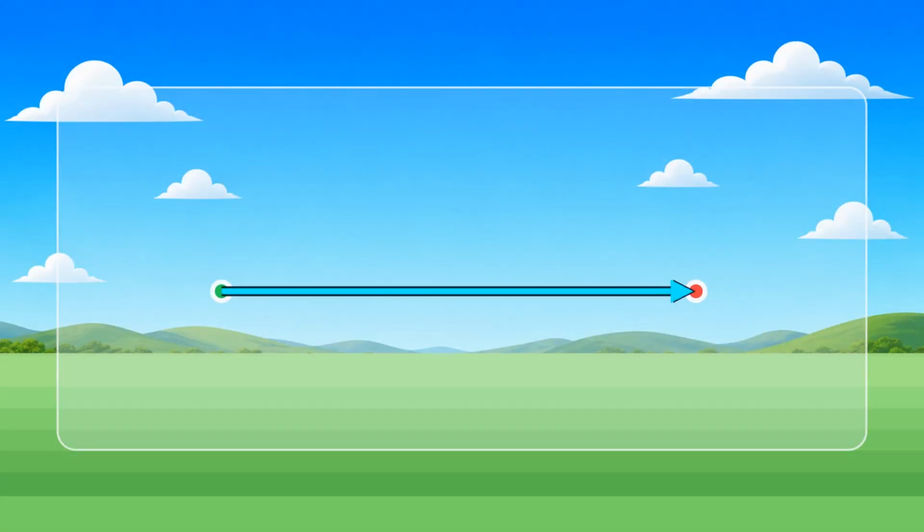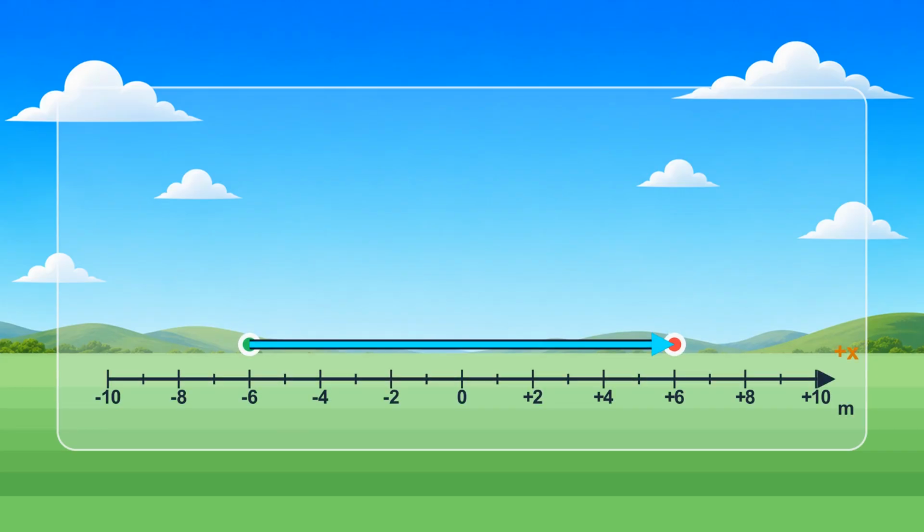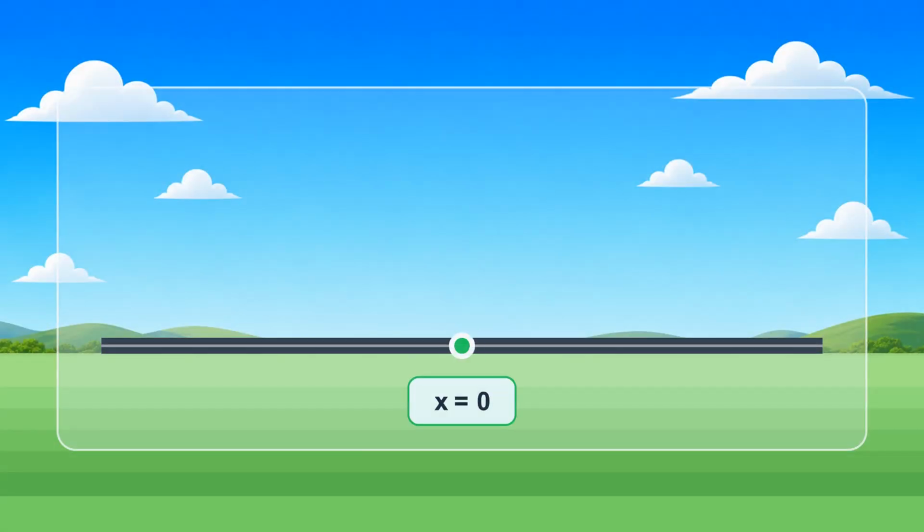Until now, we pictured displacement as one arrow from the initial position to the final position. Now we will place that arrow on a coordinate axis and study motion along one straight line. Imagine a straight road. First, we choose one physical point and call it x equals 0. That point is the origin. Then we choose one direction as positive. For example, we can choose the direction to the right as positive x. Only after making those choices do the road positions receive coordinate numbers.